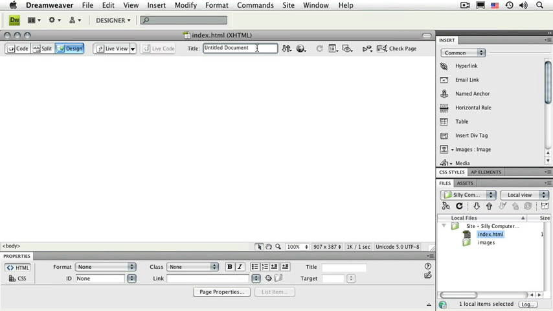The other thing I like to do right away, so I don't forget, is to change the title of the page. Up here we see Untitled Document. You can simply highlight this text and type anything you want for the title. The title of your web page doesn't actually display within the browser window itself, meaning any images and text are going to go in this part of the page. But at the very top of your browser window,